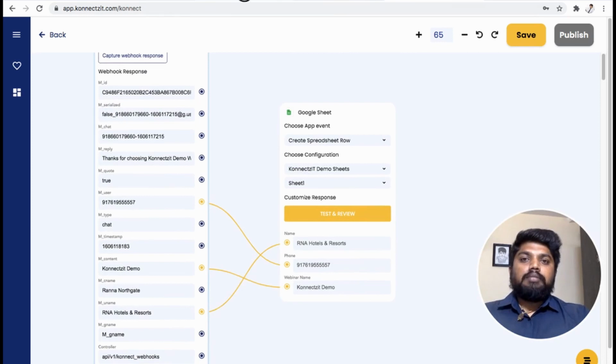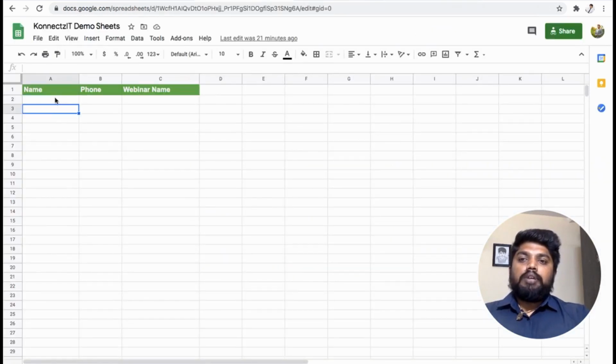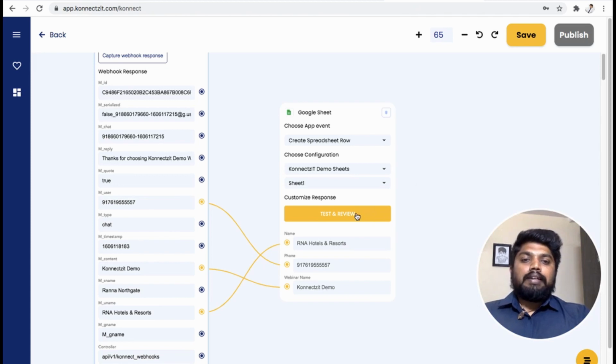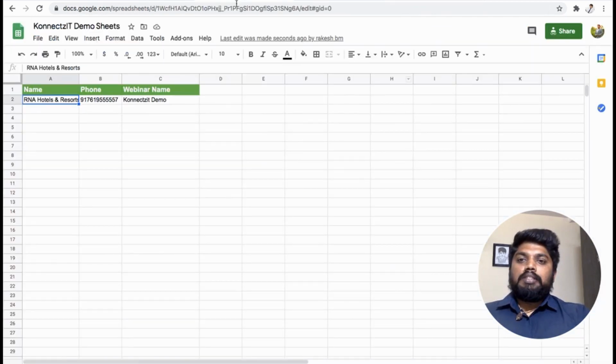This is my Google Sheet, and I don't have any records as of now. Now I will click on test and review. This will send all these details to Google Sheet. Yes, the data has been sent to Google Sheet, and you can see that the same is reflected inside my Google Sheet.